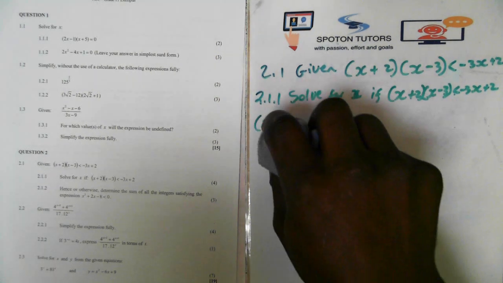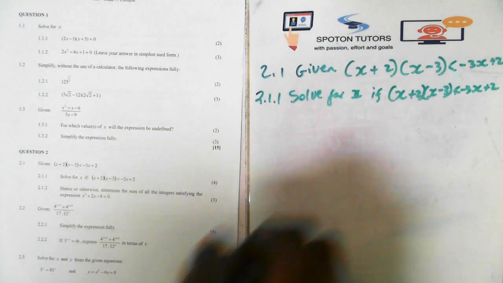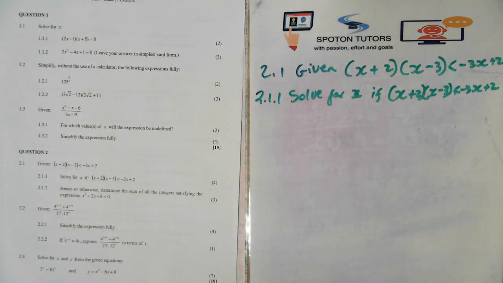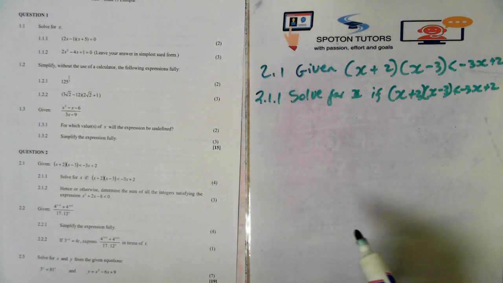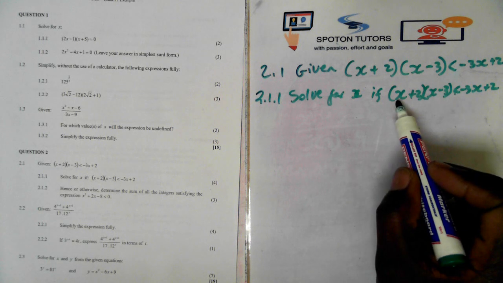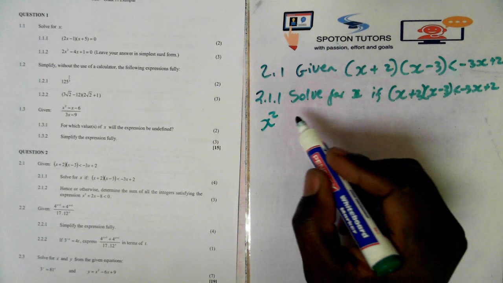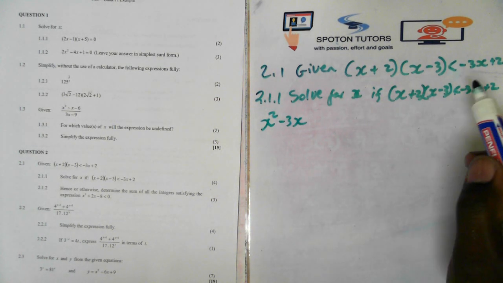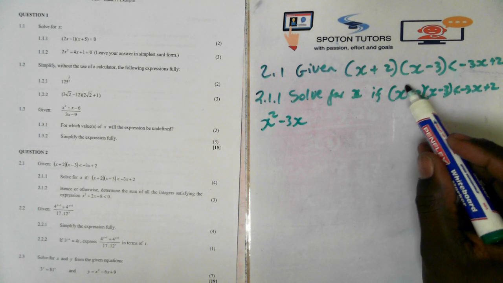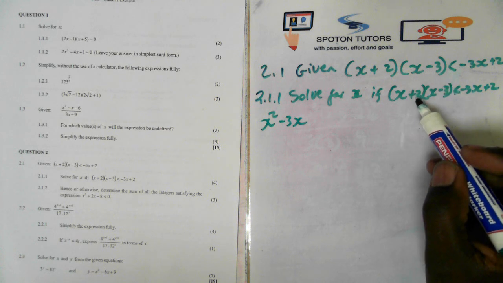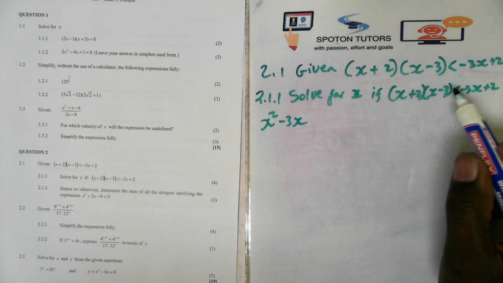Okay, so let's expand the bracket because we have to solve for x here, and the way it is currently, it won't help us. We'll need to solve this bracket. So x times x, x squared. x times negative 3, negative 3x. We're done with that. Then the second term: 2 times x,